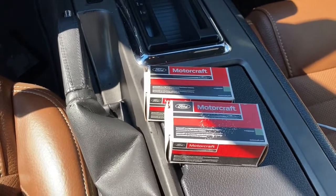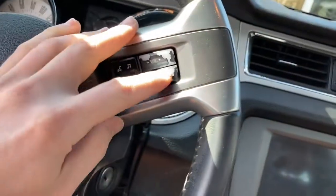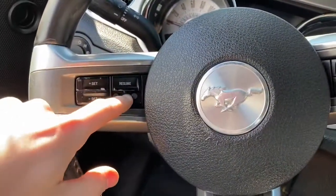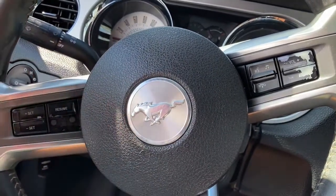Alright, so today I'm gonna replace the steering wheel controls that are falling apart. This one's missing the entire button, and this one is chipping. You can get stickers for like 20 bucks on eBay, but considering this is missing the button, and this one looks so poor, and I think the $20 covers all the button stickers, I just thought I'd buy both of